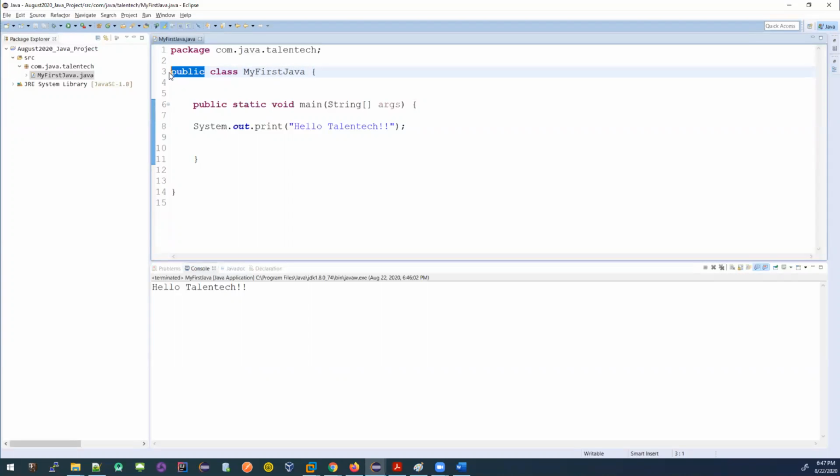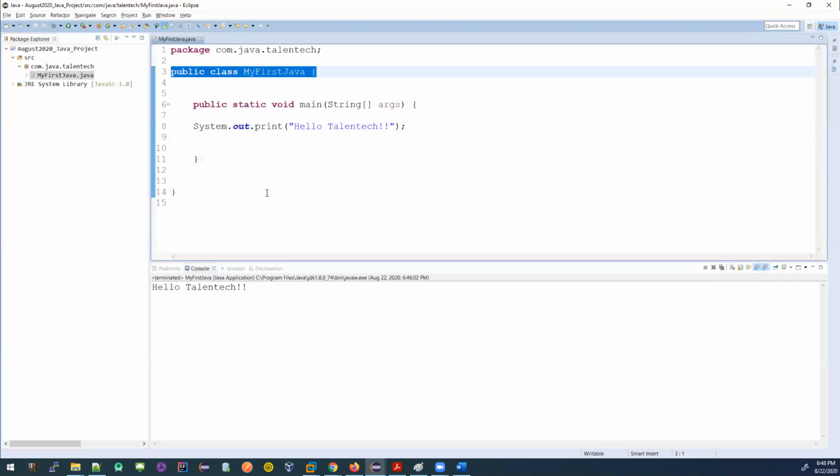We'll be discussing more about this public, static, void in the future classes. These concepts are important. You need to understand what these things mean. Every single piece you see in this code, you need to understand. That you're going to do. But first, we need to know how to write Java code. What is the convention? Class name should be camel case. And I must have a class. Without a class, I cannot write my code.